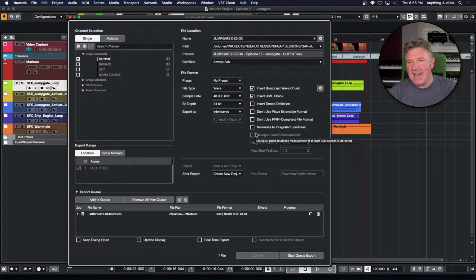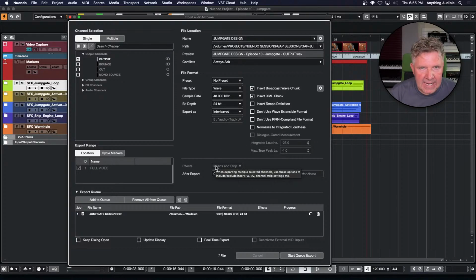So the effects are grayed out. The effects are grayed out now because that is for the multiple tab. We'll get to that. Now, whatever my export's going to do, what do I want that file to do